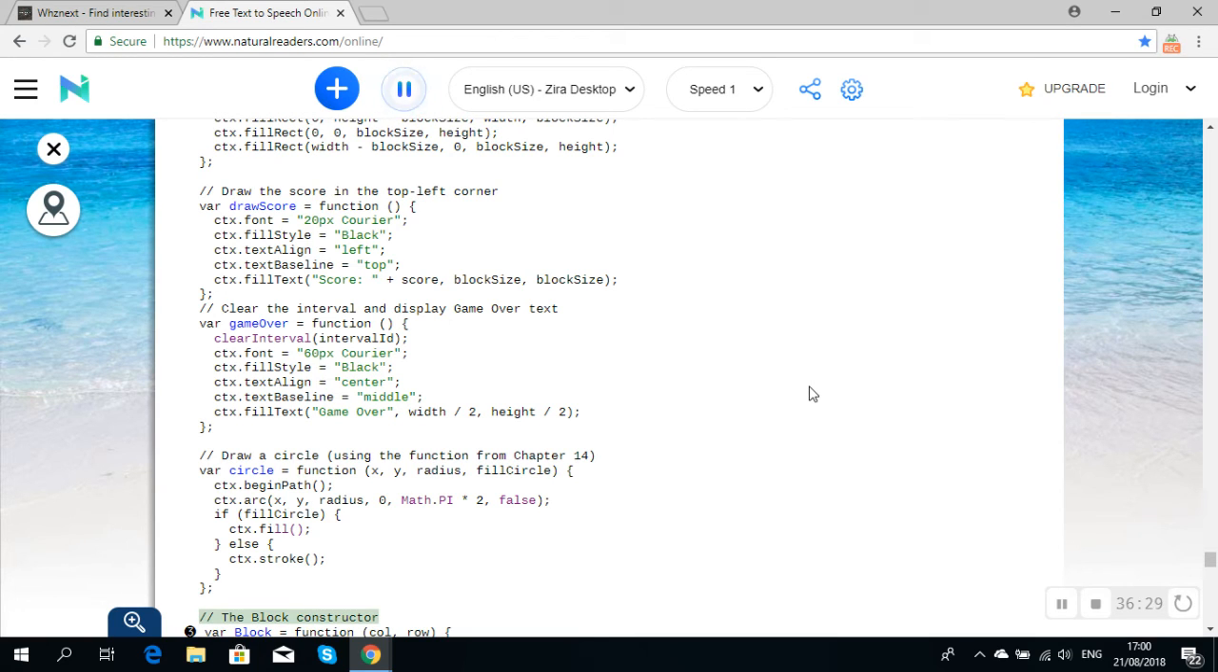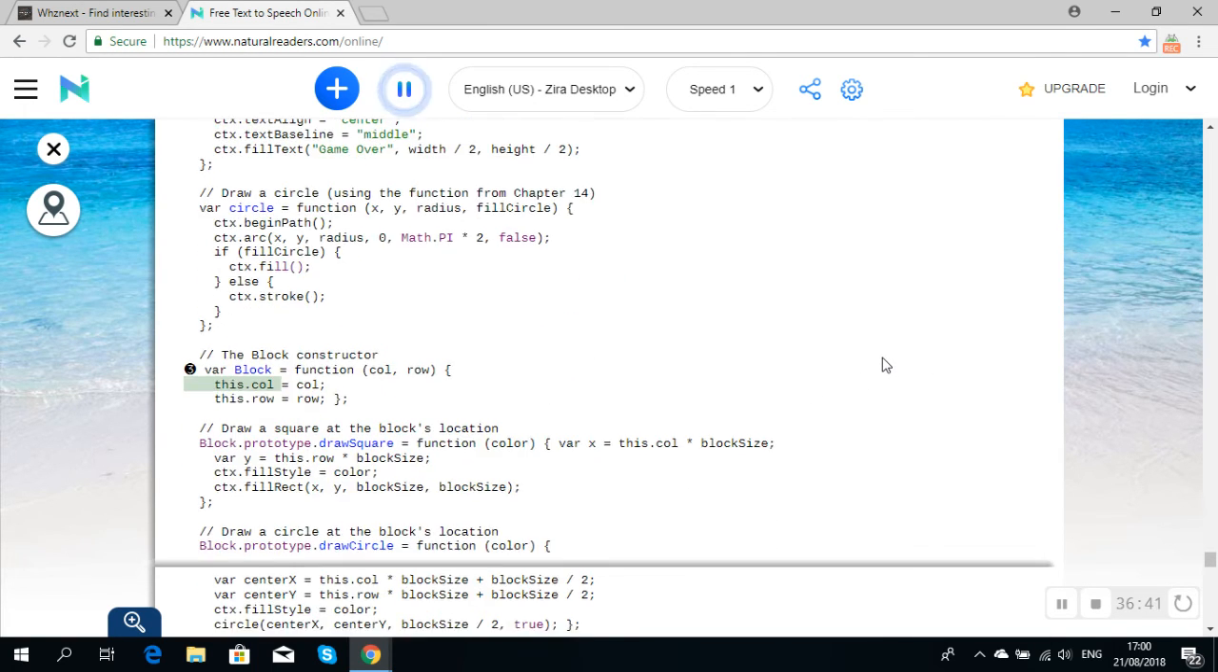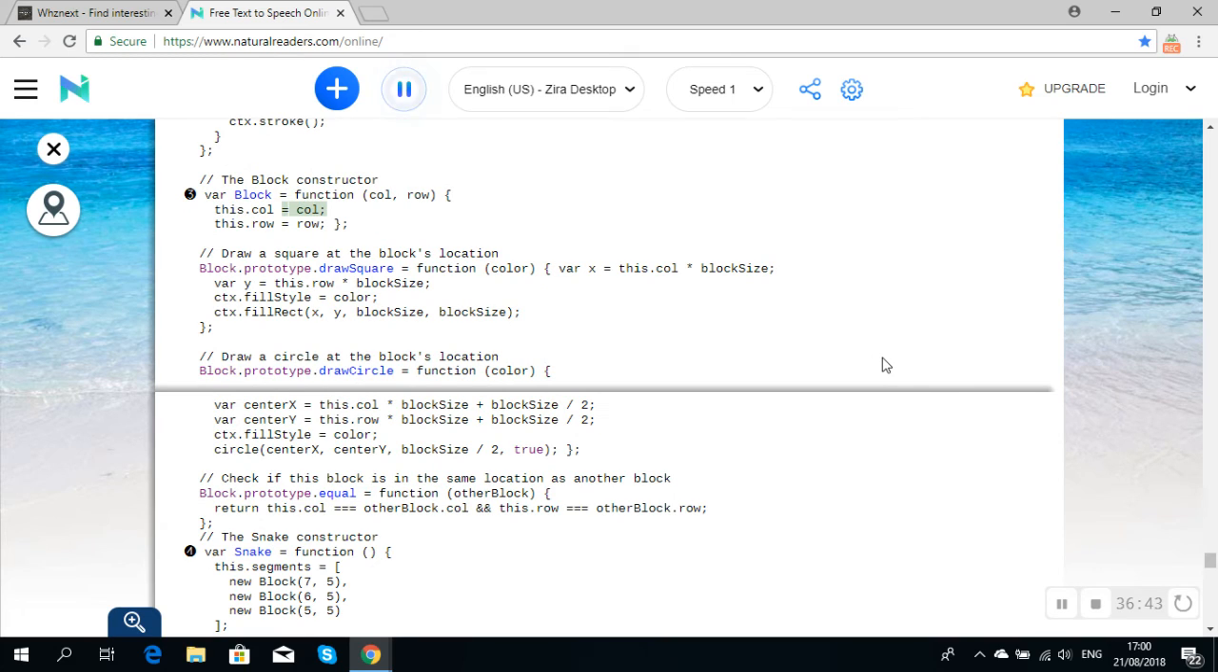// The Block constructor. var Block = function (col, row) { this.col = col; this.row = row; };